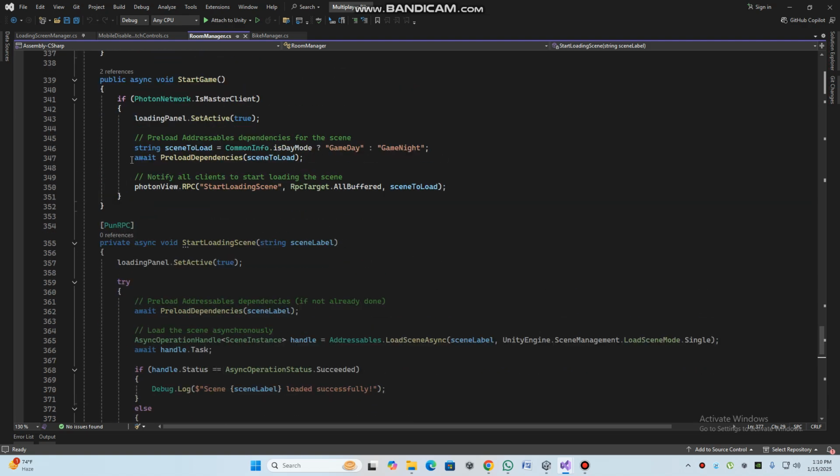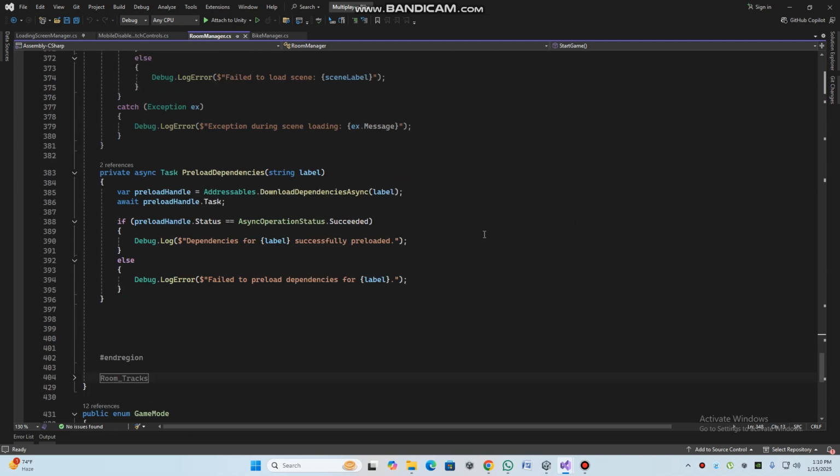Other than that, if I did not load the dependency, it shows me on the client side the pink error material, and nothing else. So that is the workaround for it. Hope that